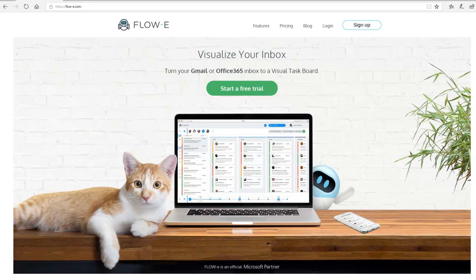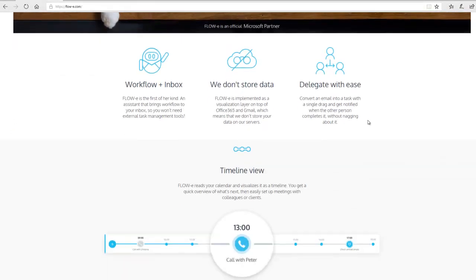It's flow-e.com. Right now, the product is only working for Gmail and Office 365. But for those of you who are interested in learning more about it, if you don't already have an account, maybe you can consider setting up an email on one of those services and then come back here and check it out. I'm going to scroll through some of the features on the board on their homepage here,